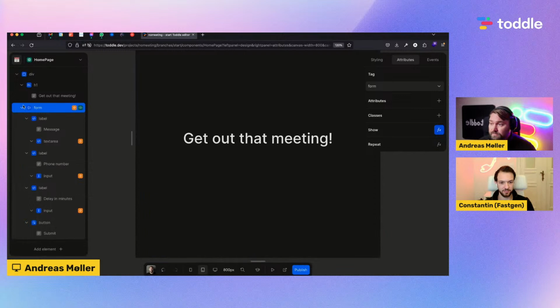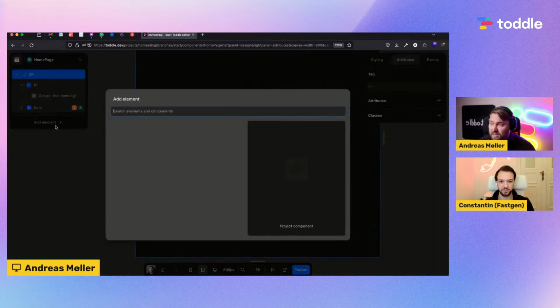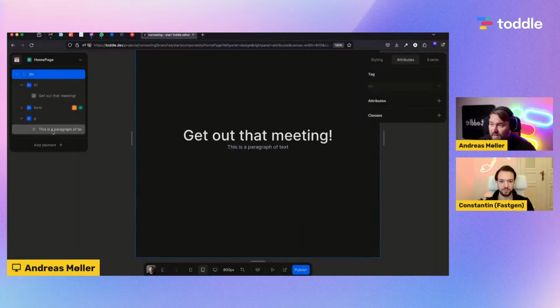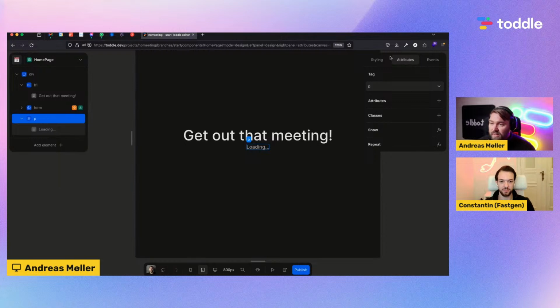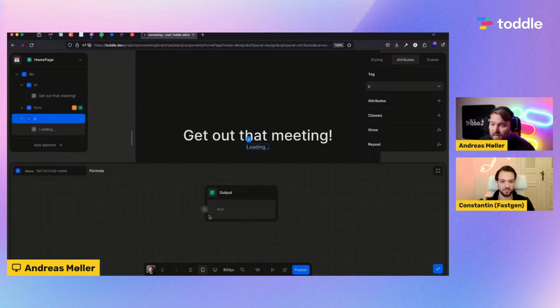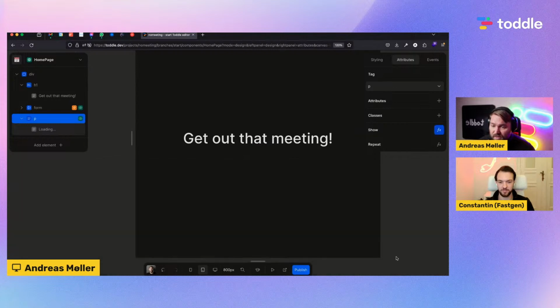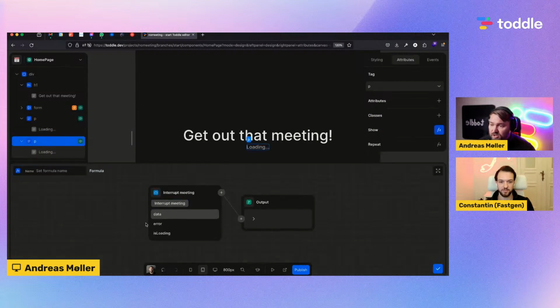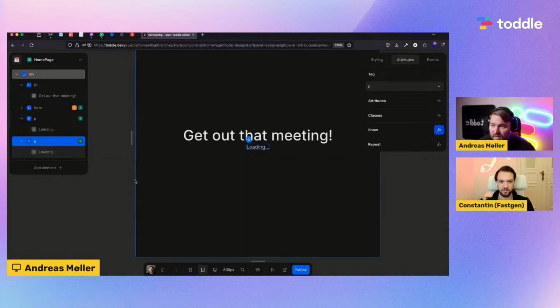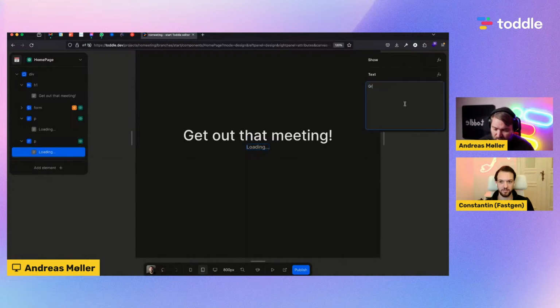So now it's gone. And then I can add just here a simple paragraph that says loading. I'm going to show that right here if our API is loading. And then I'm going to duplicate this. I can hold Alt and drag that to duplicate. And this one, I'm only going to show if there's data. And this one's going to say, great, you got